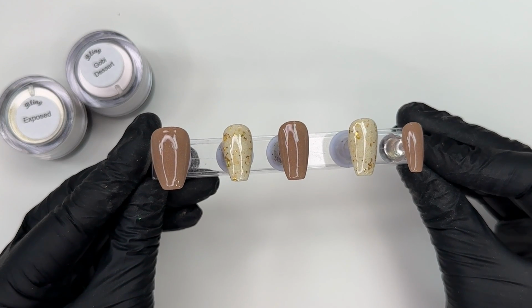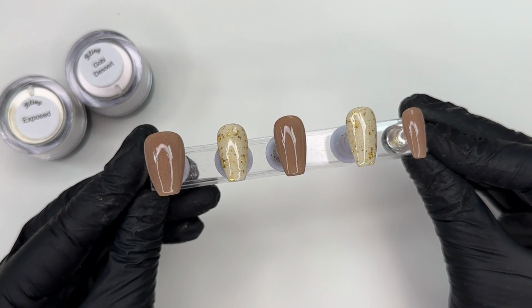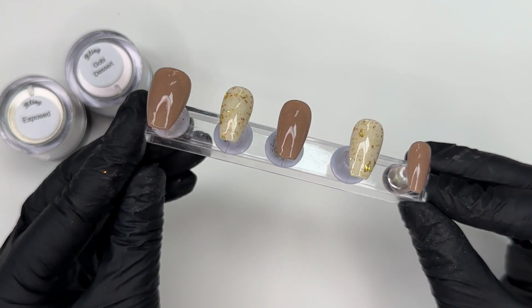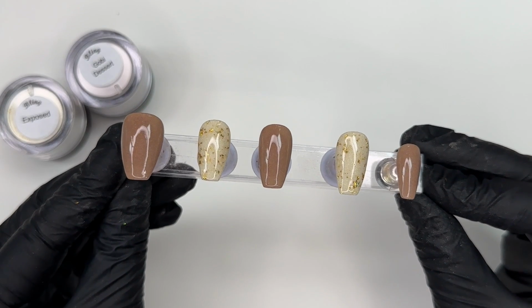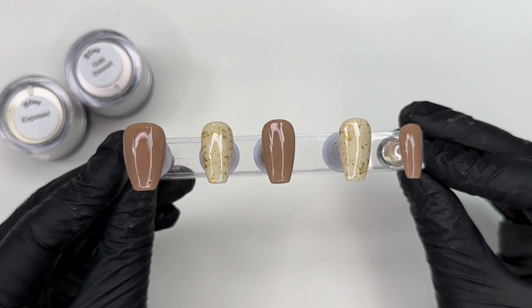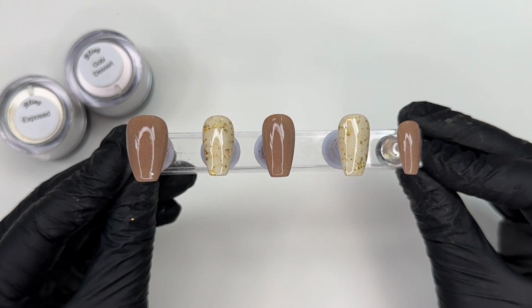So here's the finished mani. I love it so much. I really love the neutral tones we're pulling through, but yet we still added a pop of sparkle here with that really fun exposed. It's just like the perfect champagne-y base, and then we have these gold pieces shining through. It kind of looks like shattered glass. Now you could add more of those